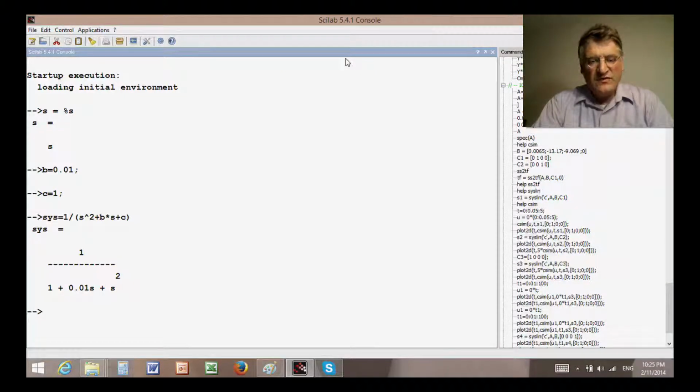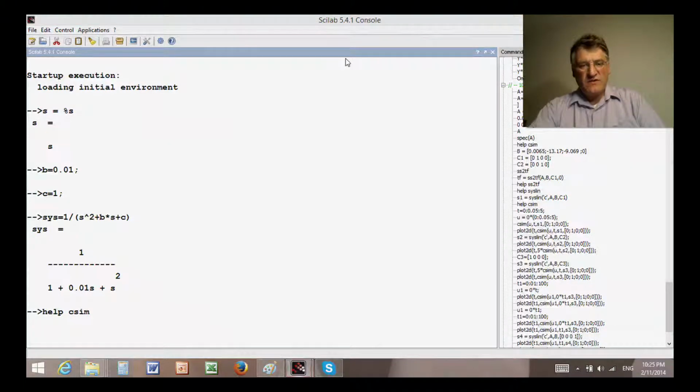Okay. So for that, we will discuss we need to use the csim function, which I keep forgetting about. Okay. So csim will be equal to what? How do we use it with transfer functions? The help window will come out very soon,